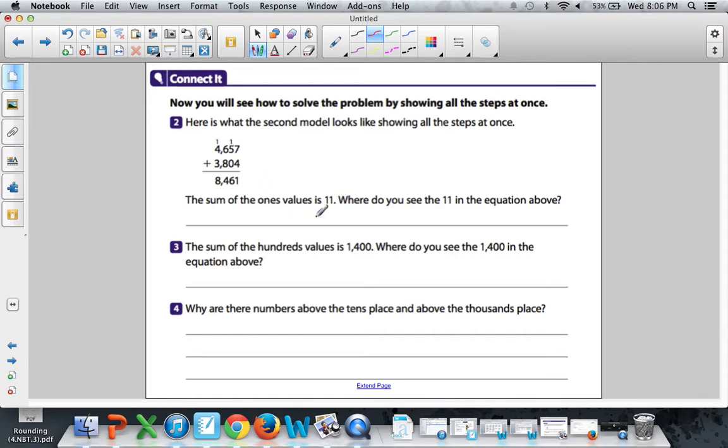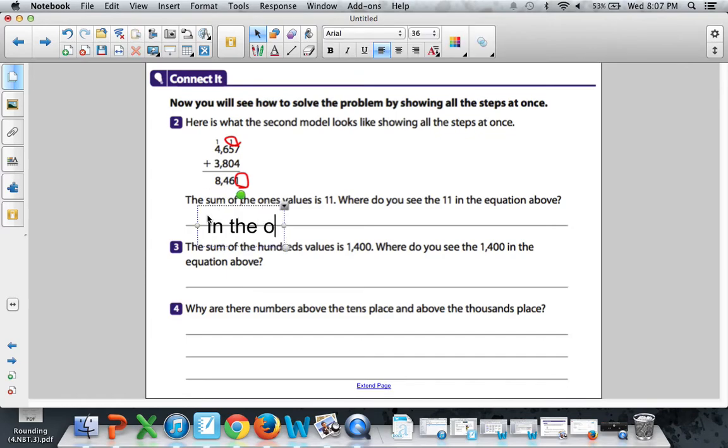The sum of the ones value is 11. Where do you see the 11 in the equation above? The sum of the ones value is 11. So that's the 7 plus 4. And they're asking, where do you see the 11? Well, you see part of it right there and part of it right there. So the answer is you see the 11